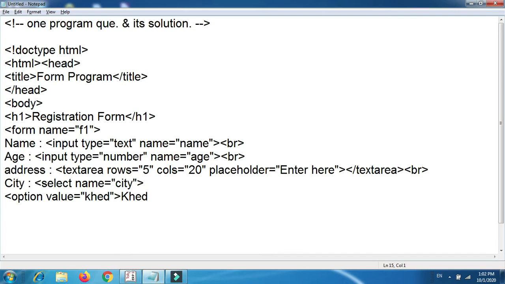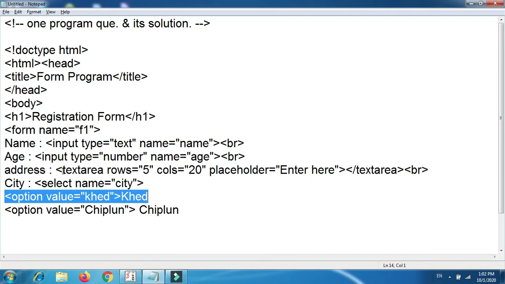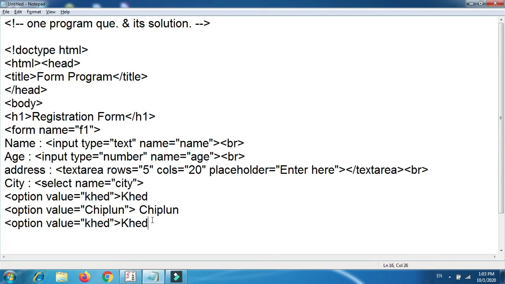Closing option is optional. Option value equals Chiplun, fine. In this way you have to add at least 4 cities. Okay, fine.